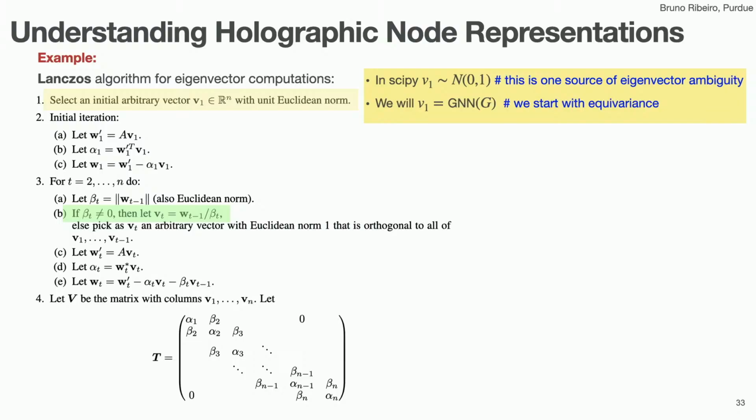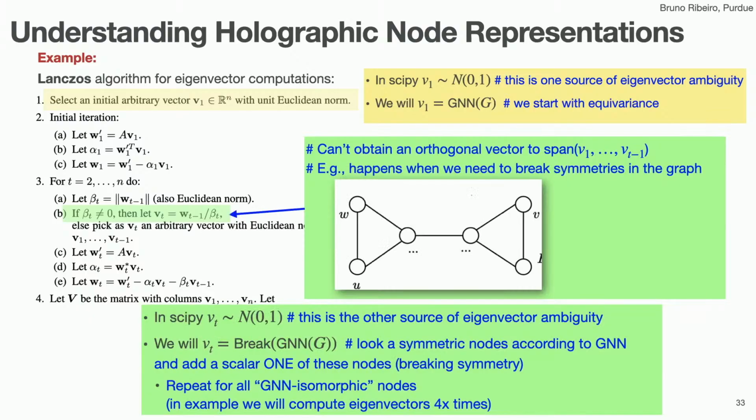That's what starts the ambiguities of eigenvectors, is the random sampling. Okay, so then what happens? Well, there's no magic. If I start equivariant at some point, maybe I don't get a vector that is orthogonal to the subspace spanned by the current vectors that I have. Although Lanczos doesn't compute eigenvectors directly, but let's assume that it does just for simplicity.